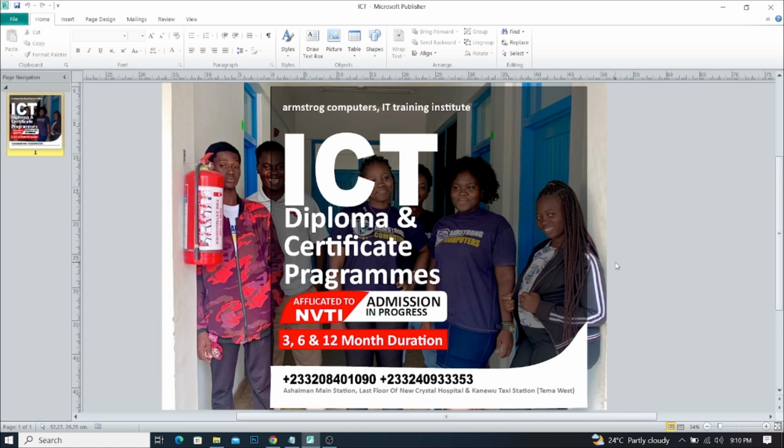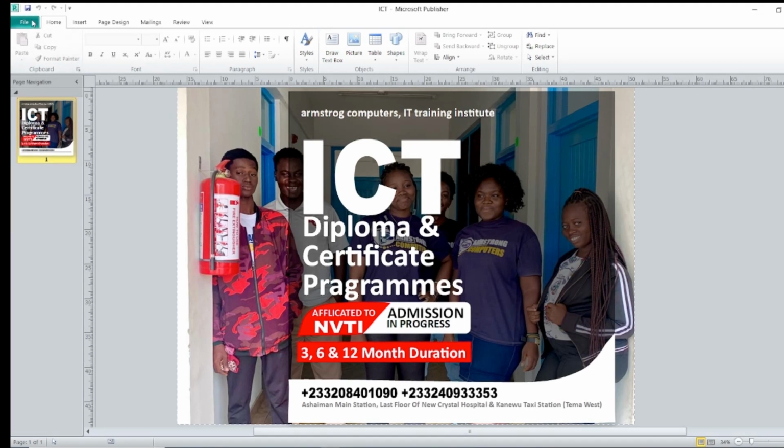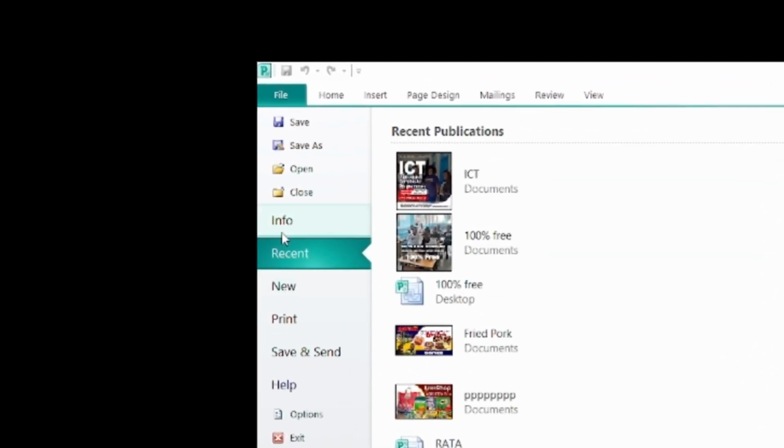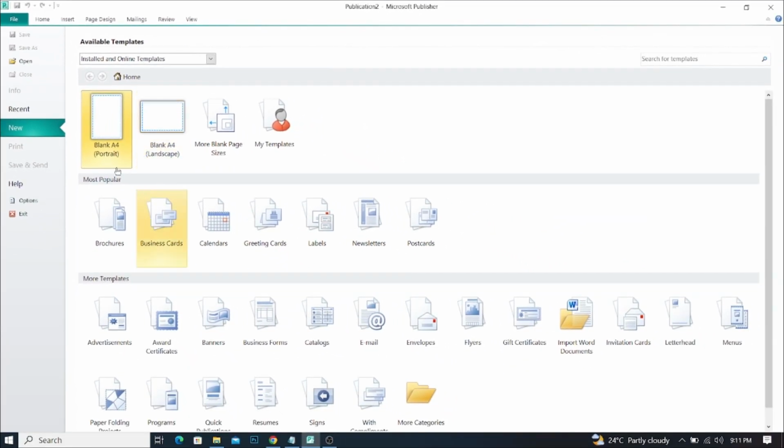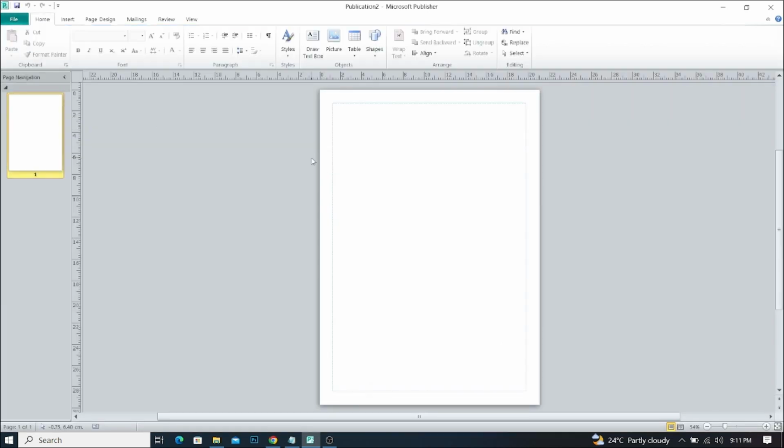So now to do this, I'd like you to just click on File and close this. Click on Close and we begin. Here we're going to click on A4 portrait because we are designing an online courses flyer. Now I'll select my A4 sheet, and here I'm going to teach you how to switch from